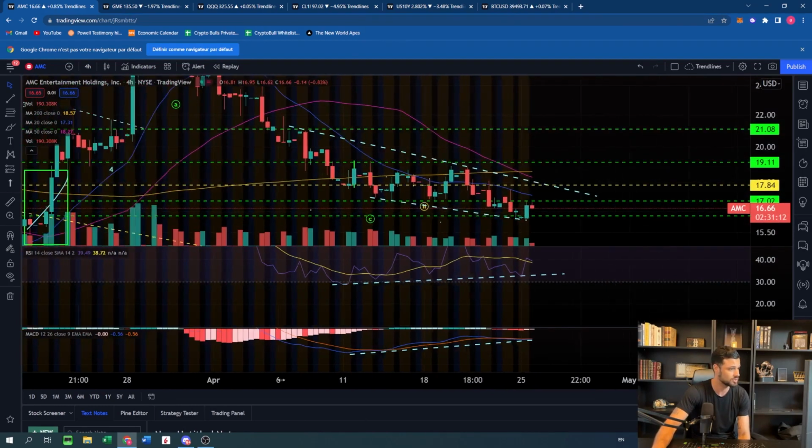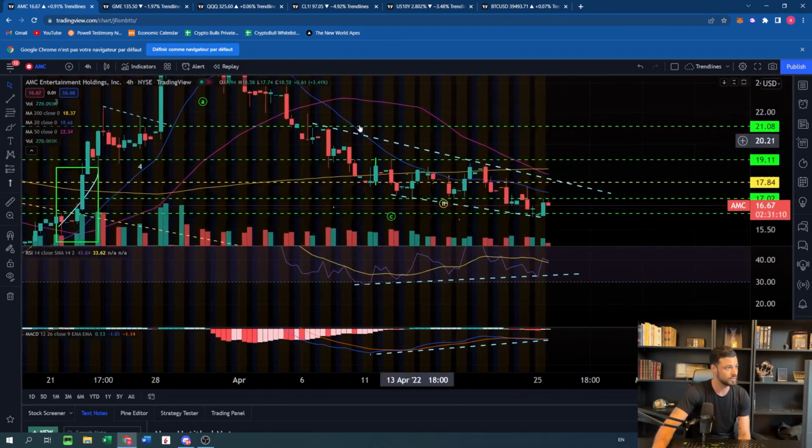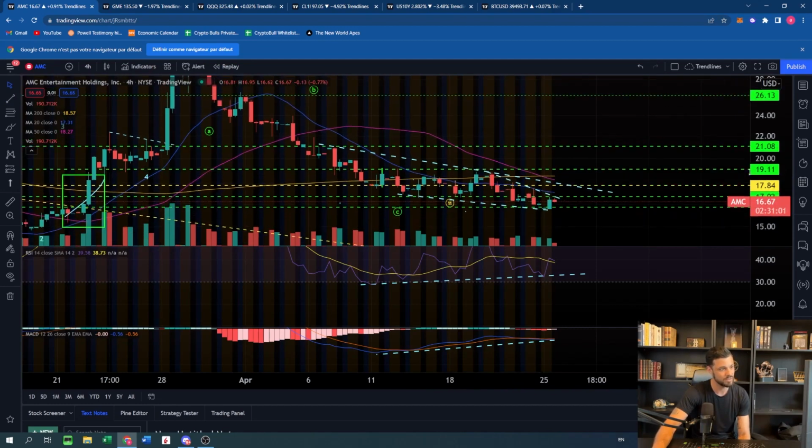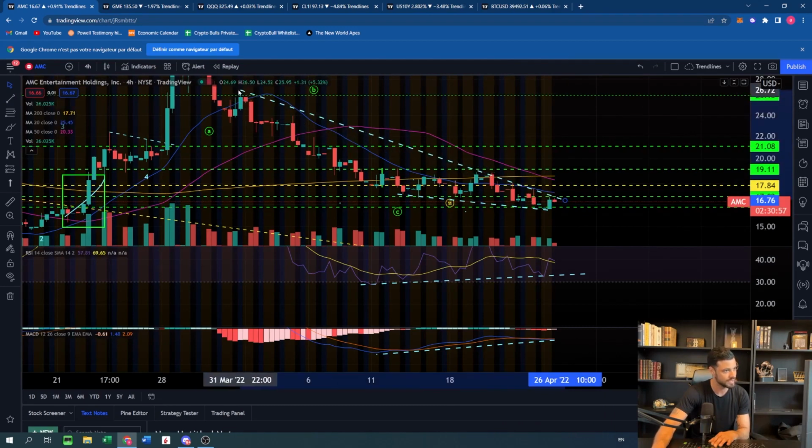So I don't like this trend line. I'm going to try to find another one, and I can already see that here we have some kind of cluster, right? That is a consolidation that is taking place. So this is going to guide me for my trend line. I don't like this one. I'm rather going to start with something that is like that.